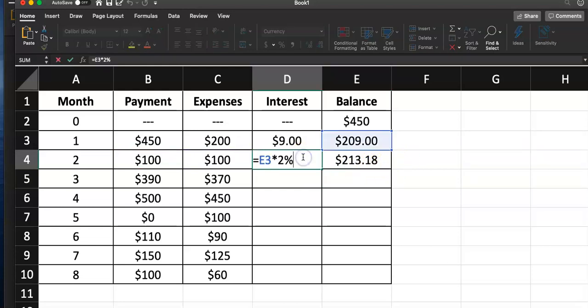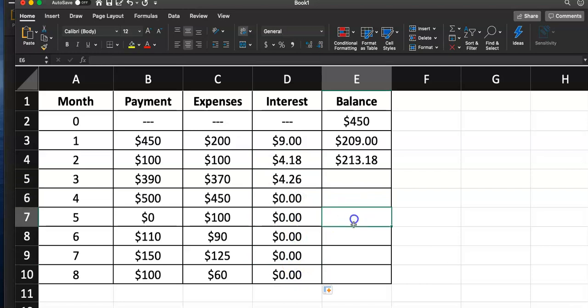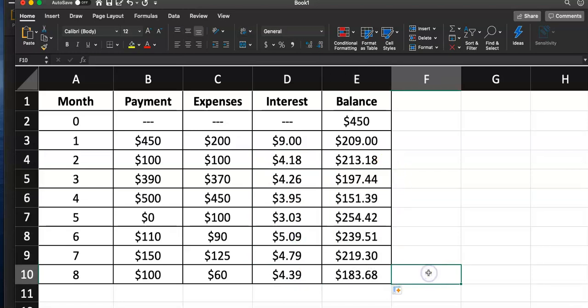Now, why did I do this on Excel? Because if I use an Excel formula and relative cell referencing, I can just fill this cell down. Notice how these are all zero for right now. Why? Because I don't have any numbers on these cells. So if I copy this down, ta-da,